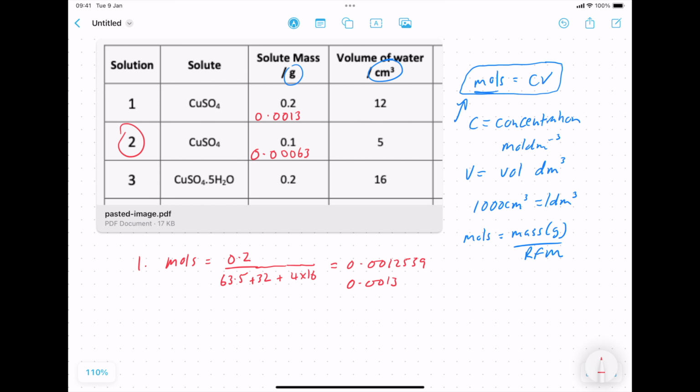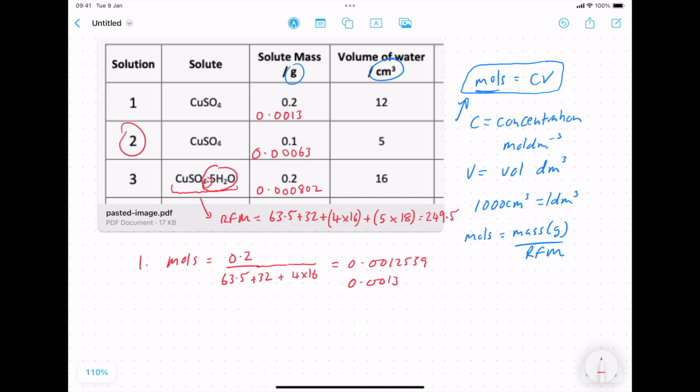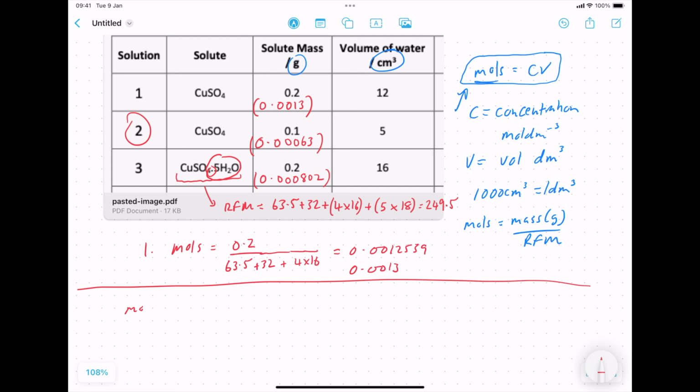And then finally, now that we have the moles of each one, which is what I've bracketed here in red, we can now go ahead and work out the concentrations. So rearranging the formula first of all, moles equals CV, so therefore C equals moles over V. So this is the form we're going to be using. And let's do it for each one, number 1, number 2, and number 3. So number 1, the answer is going to be